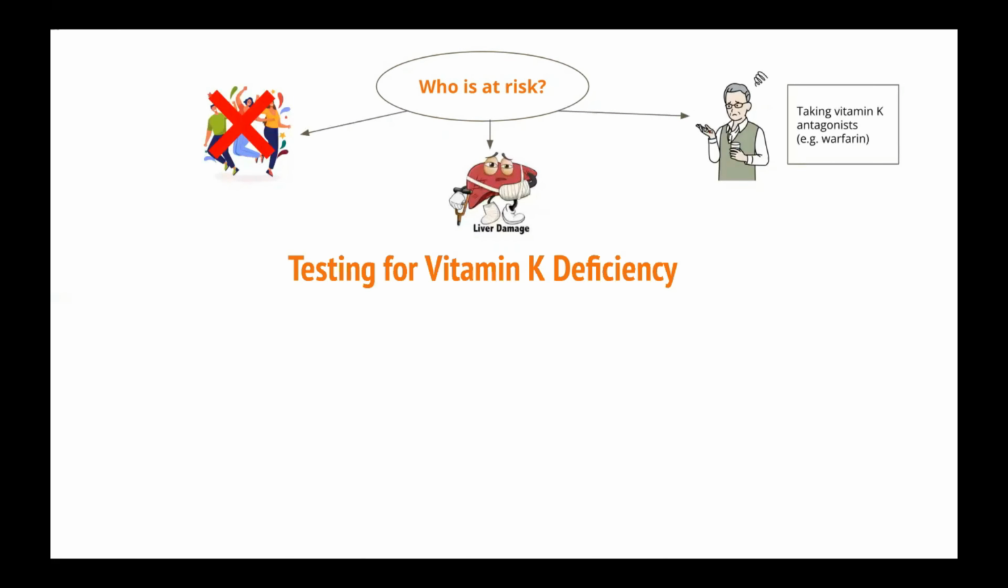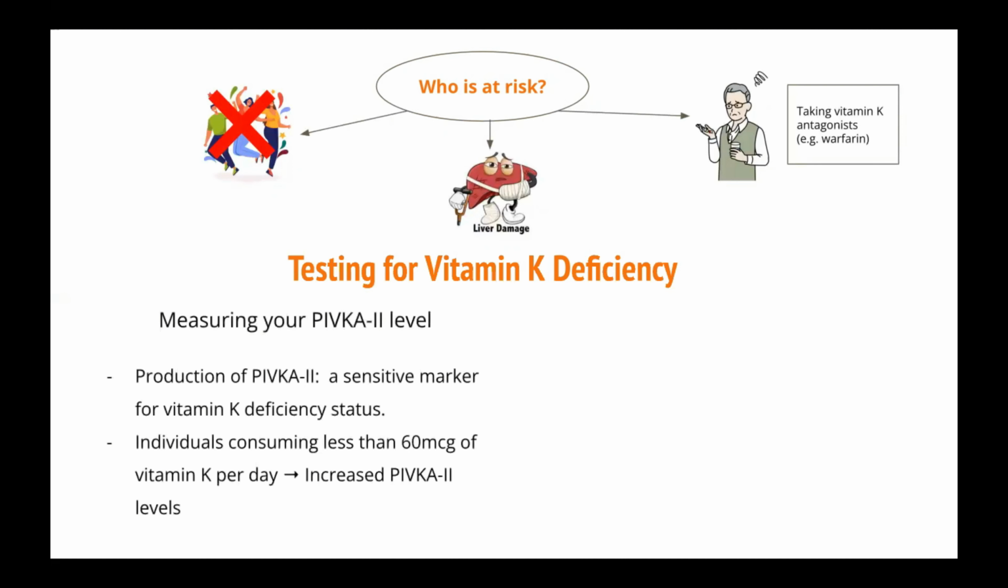However, there are a couple of testing methods. One way is by measuring your PIVKA2 level. It is one of the most commonly used methods to determine one's vitamin K status, and PIVKA2 is considered to be a sensitive marker for vitamin K. So now the main question concerns the relationship between PIVKA2 and vitamin K. When there's an absence of vitamin K and individuals are consuming less than 60 mcg of vitamin K per day, there will be an increased production of PIVKA2, and consequently your PIVKA2 level will be high, indicating a deficiency